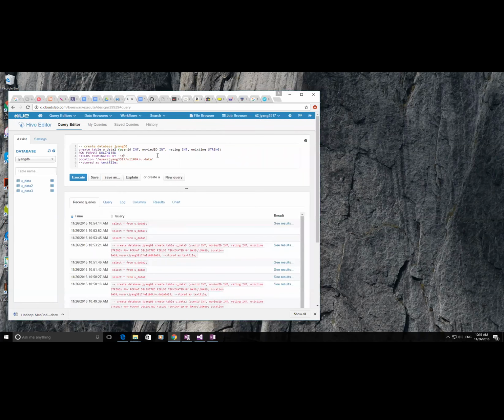Here we are saying create table ML 100K u dot data. This is correct, that's good.